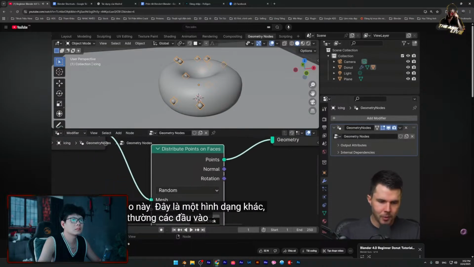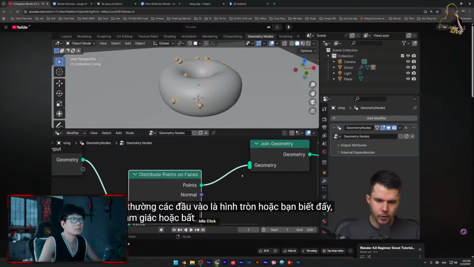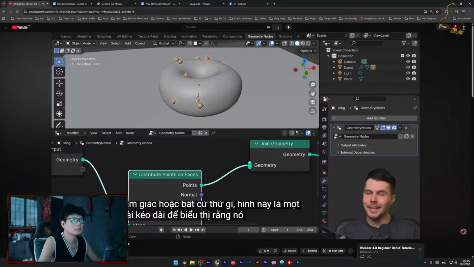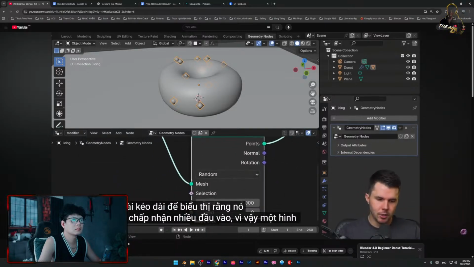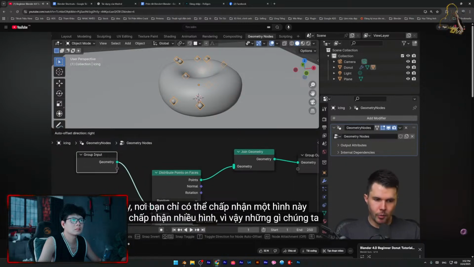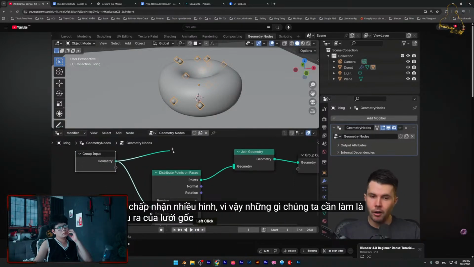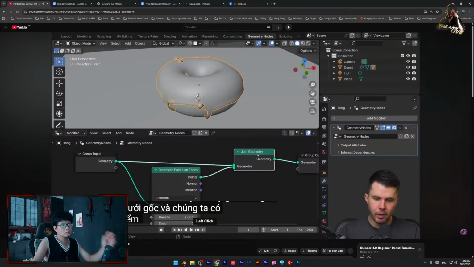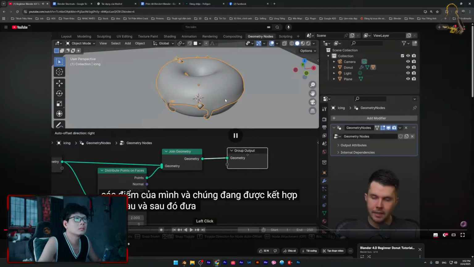So normally inputs are circles or triangles or whatnot. This one is a long and elongated shape to signify that it can accept multiple inputs. So unlike these where you can only accept one, this can accept many. So what we need to do is take the output of our original mesh and then feed it over to here. And now we have both the original mesh and we have our points, and they're being combined together, and then